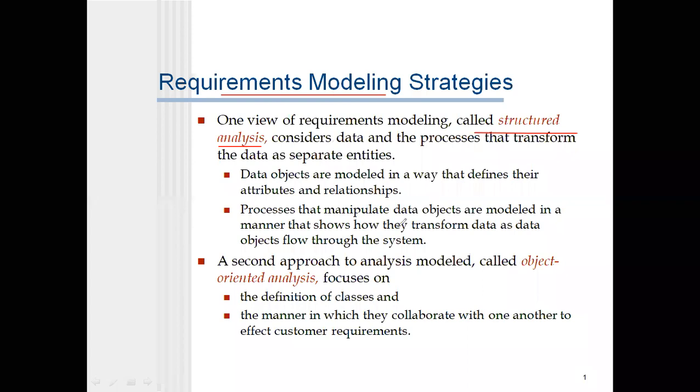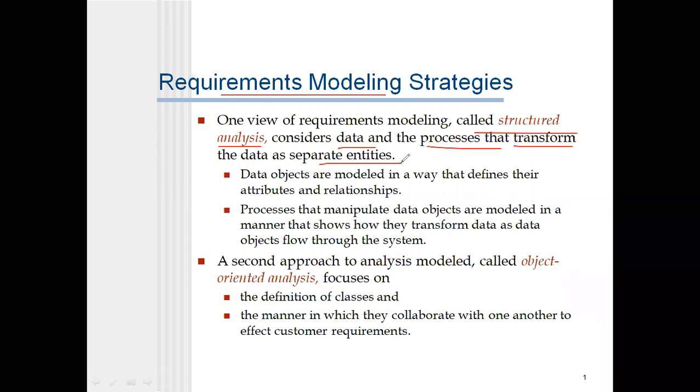It considers data and the processes. This structured analysis is going to tell us about the data and process, how the data is transformed into separate entities. We have learned this concept in previous sessions.